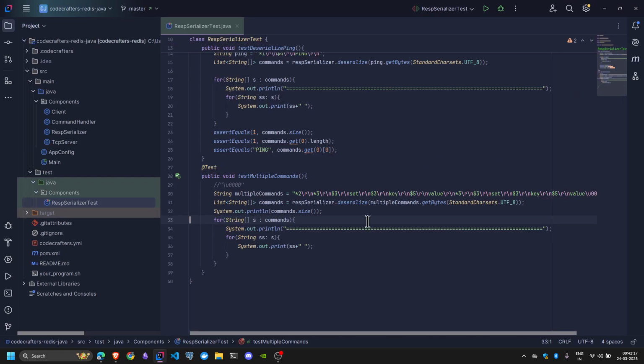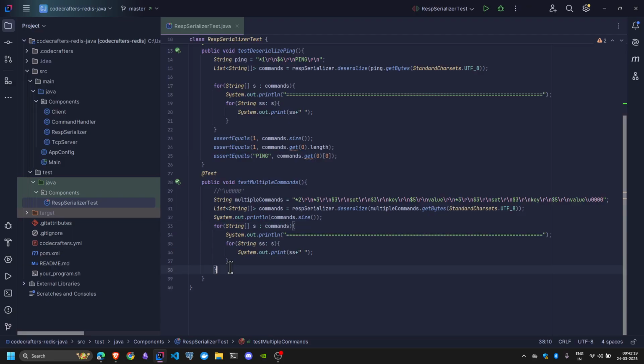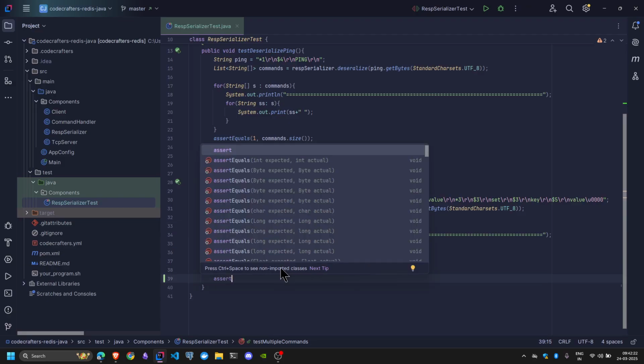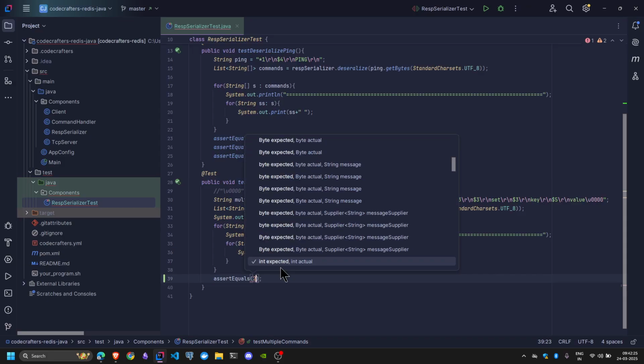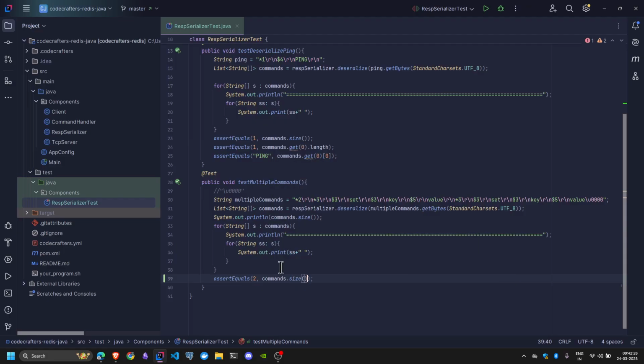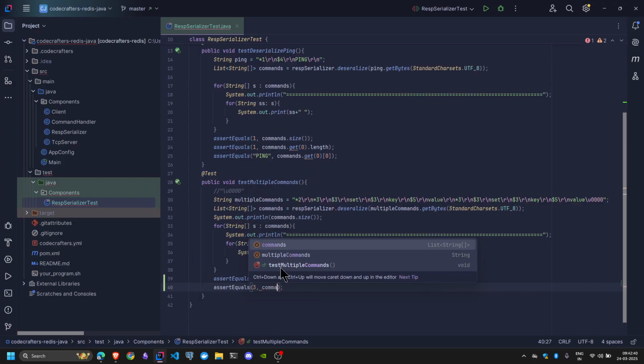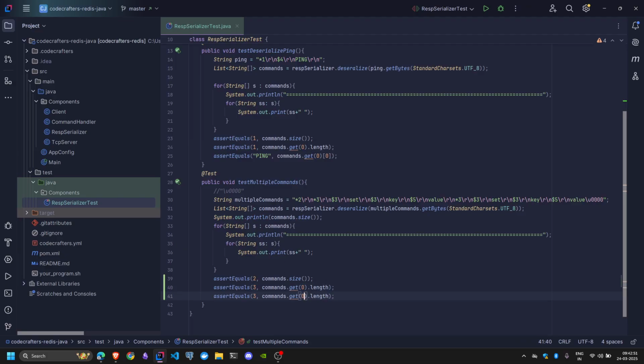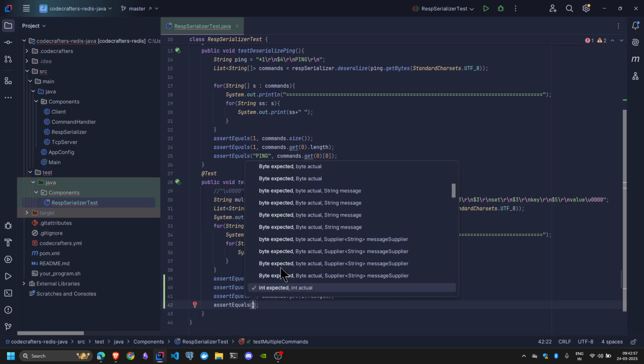Oh shoot. I forgot to assert here. So assert equals the length of commands should be 2, commands dot size, and assert equals command dot get of 0. That's true for 1 as well. Then I assert equals